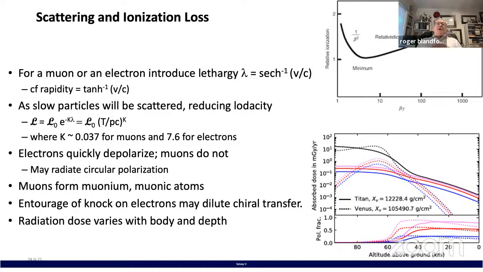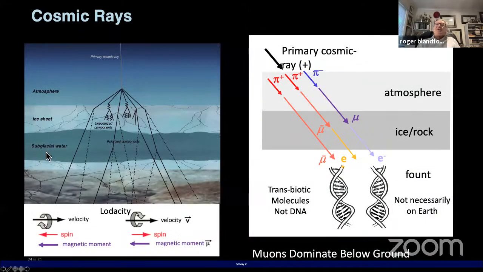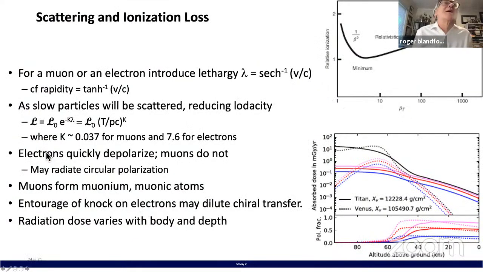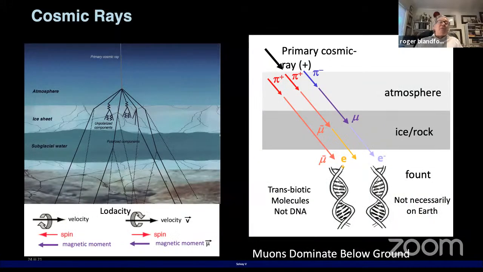And so particles, when they encounter matter, like the muons, for example, will be decelerated, they'll lose energy, but they'll also be scattered. And if they're scattered, they lose their ludacity too. And it turns out, in a rather neat way, that to a good approximation, the ludacity, this quantity which I defined back here, which I didn't define because it's just disappeared from the slide. Sorry, I should have. I apologize. The ludacity is the expectation of the scalar product of the velocity and the magnetic moment.